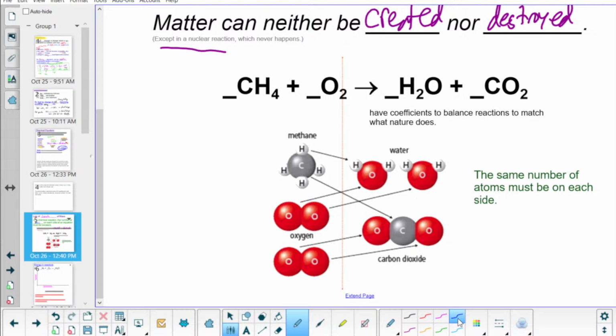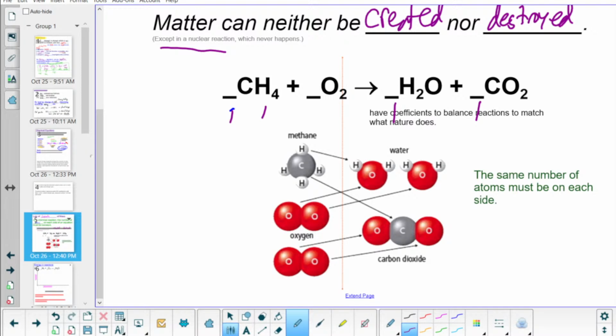For every single reaction that you do, when you're balancing, you take a look and you go, oh, I have one carbon here. I have one carbon there. It balances. I've got 4 hydrogens there. I've got 2 hydrogens there. It doesn't balance. What do? Do we just add 2, like 4? No, stop that. What do? No, I don't want the answer. I want the process. Balance. Well, how do we balance?